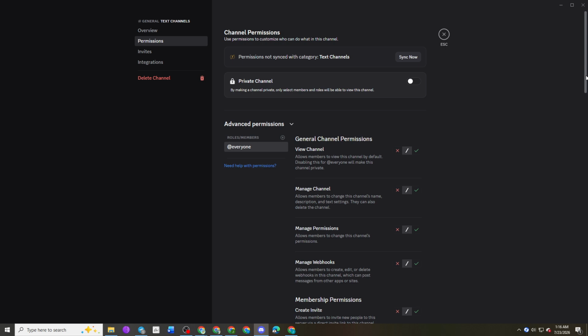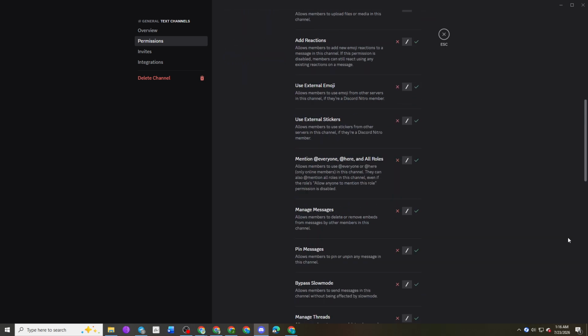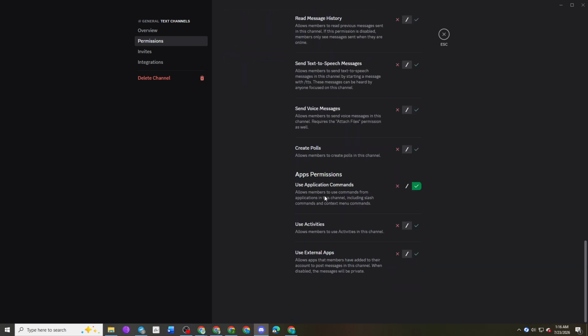Now look for the permission called Use Application Commands. This permission controls whether the bot's /commands can be used in the selected channel. Change this permission to deny, then save your changes. Once the permission has been updated, members will no longer be able to use that bot's application commands in this